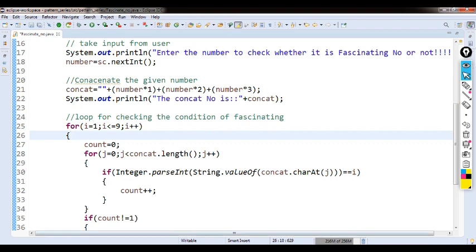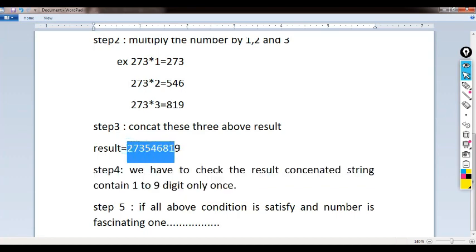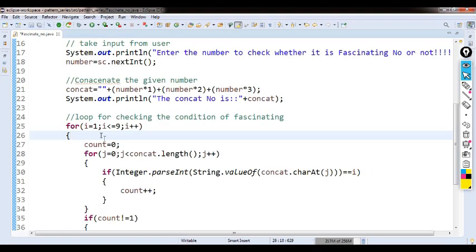Because in the concatenated string there are 9 digits, or when we take a bigger number, more than 9 digits are there. So to check one by one every digit with 1 to 9, we can use a loop.